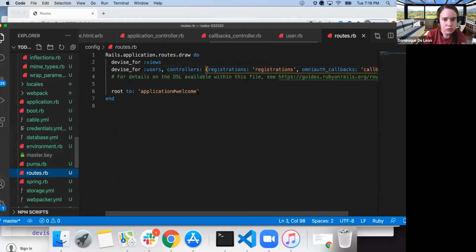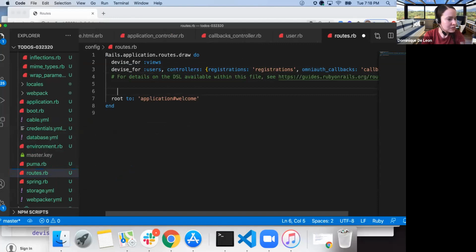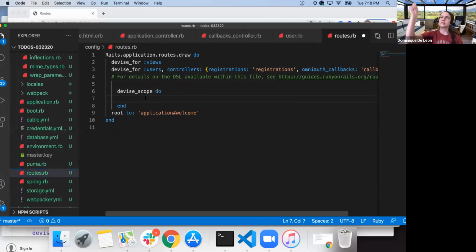You would just go to your routes, and the syntax you would use is devise_scope, and then you give it a block. So what could we do? Let's say I don't want user slash sign up. I want something like slash sign up without that prepended to it. I could do something like get sign up